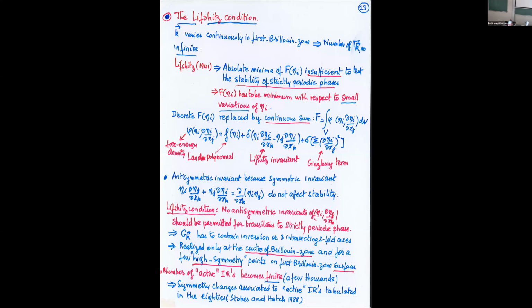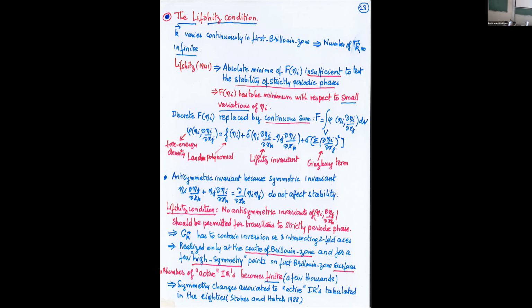It's incommensurate. So if you impose this Lifshitz condition, it will limit the number of irreducible representations of the space group to a finite number, about some thousands. But if you don't accept the Lifshitz condition, this will allow you to describe the many incommensurate structures that have been evidenced in the